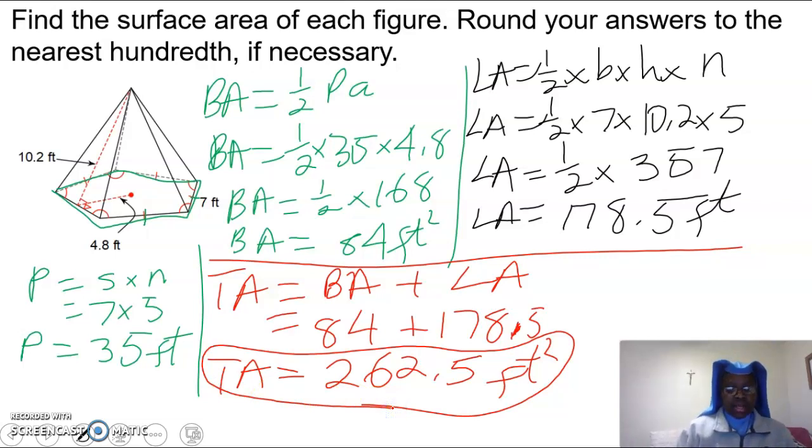Okay, so I believe this should be easier now after dealing with prisms. Okay,